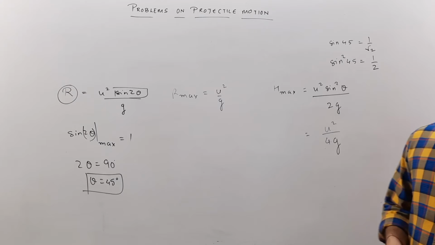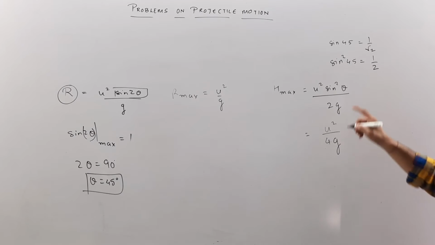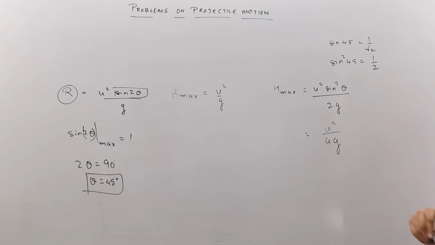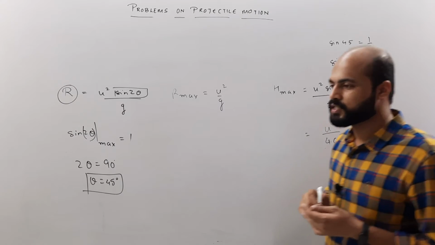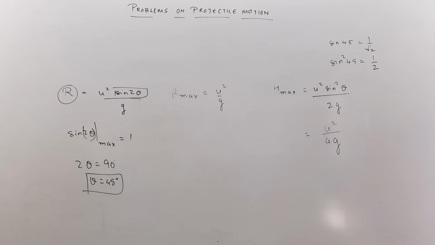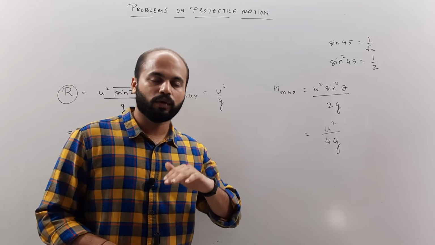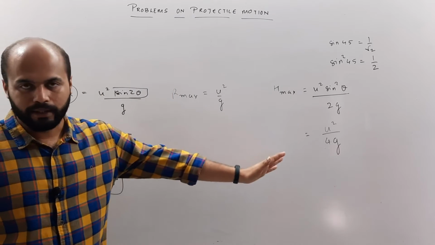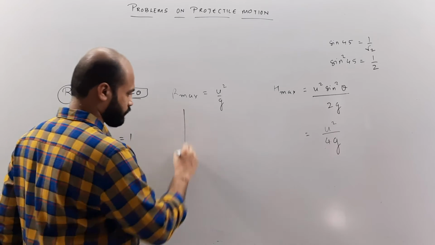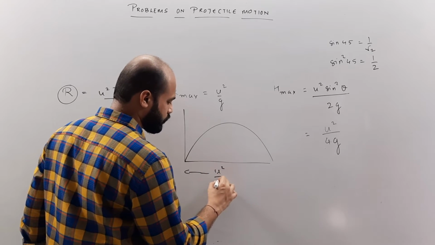But when will this maximum height be achieved? So let's say that this is achieved at 45 degrees. But then how do we maximize this expression? If that is a question to be asked, then obviously we have to make this sine theta 1. So that becomes the next problem, a slight variation in the problem. What angle should we fire the projectile at so as to achieve maximum height? Earlier it was maximum range, and corresponding to that maximum range, this is the maximum height. So let's say that this was the maximum range that we achieved over here, which was u square by g.